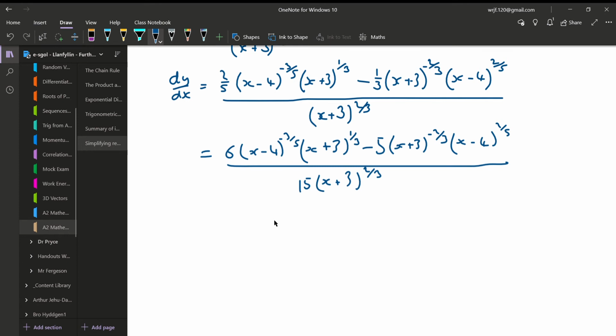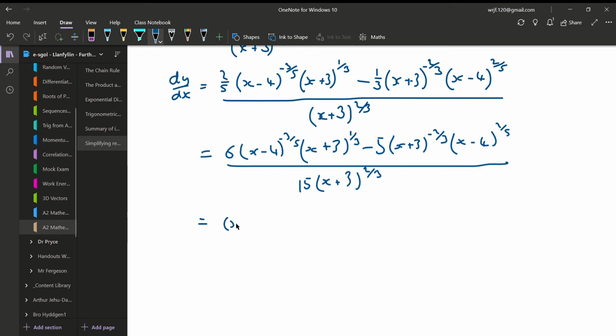But then I've got two brackets in each term as well, and the bits inside the two brackets are the same as each other. I've got a bracket with x minus 4 in both, and I've got a bracket with x plus 3 in both, just with different powers on them. So much as we did previously, what I'm going to do at this stage is I'm going to factorize out. I'm going to take a common factor out with each bracket and its lowest power as it appears at the moment in that numerator. So I've got an x minus 4 and an x plus 3, so let's have an